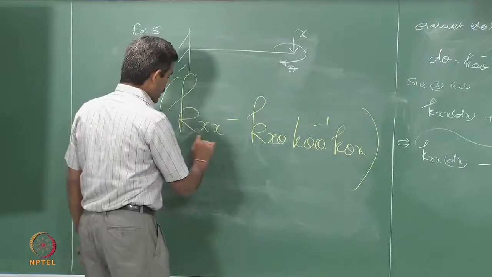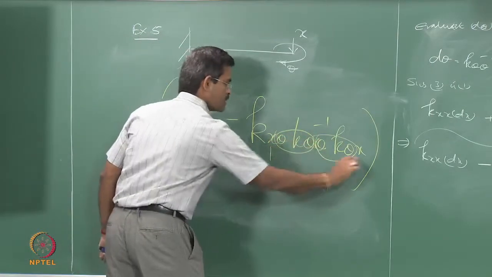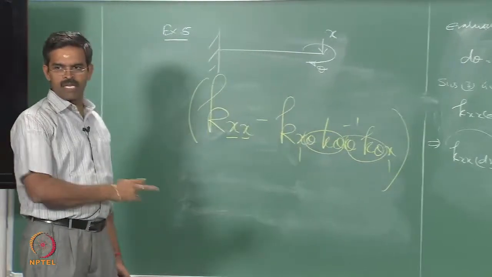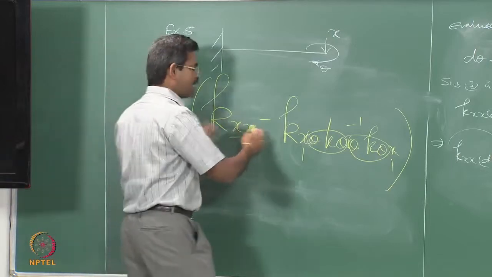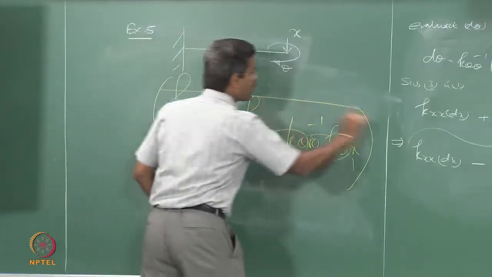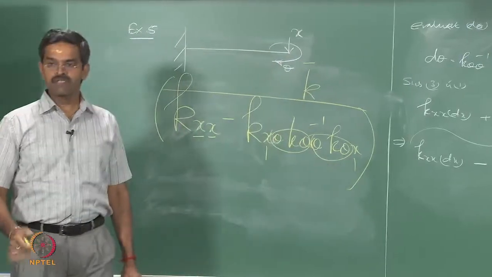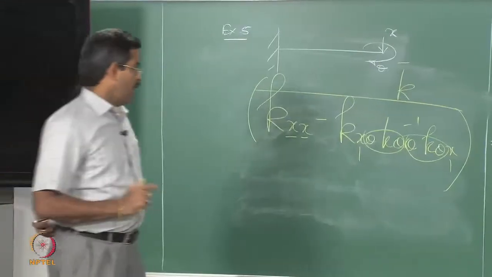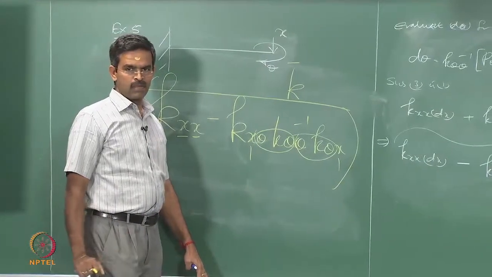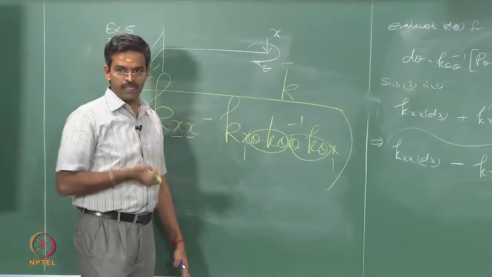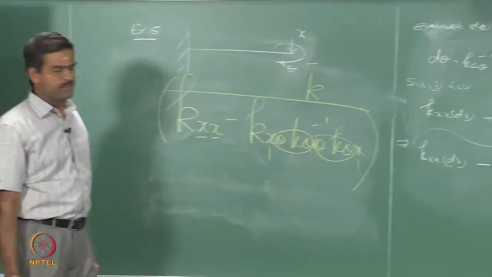So, it is very easy: k x x, k x theta, theta theta, theta x. You can easily remember this like this. There is a compatibility, k x x will match with k x x. This entire equation is called k bar, which is called the lateral stiffness matrix in engineering. I will demonstrate the advantage of this with a problem. You will appreciate that this matrix will be very handy if you can derive this quickly for a given problem.